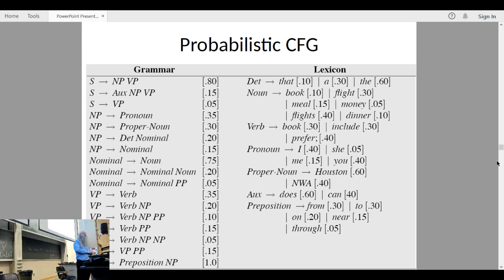He's going to talk about how you can get probabilities from corpora of data to be able to build probabilistic context-free grammars. At the moment, we're just going to assume that these numbers are right, because they are, and we're going to use them in the form. So if we do that, and we actually add the probabilities to each of those, what we end up getting is the one on the left has got a slightly smaller,